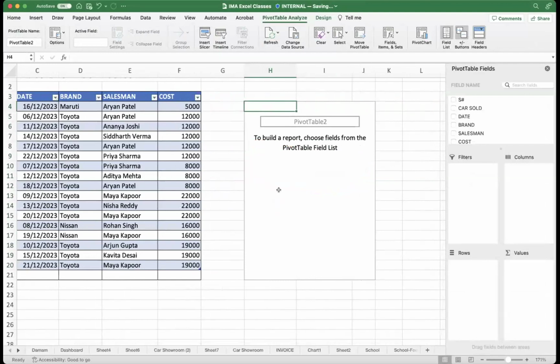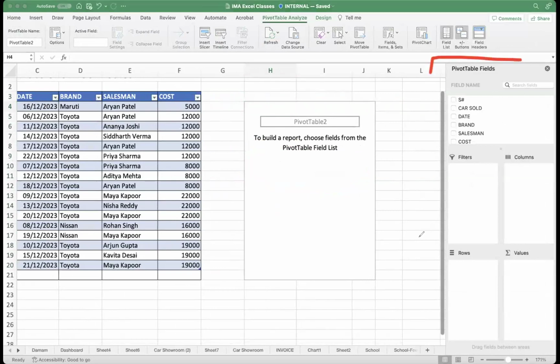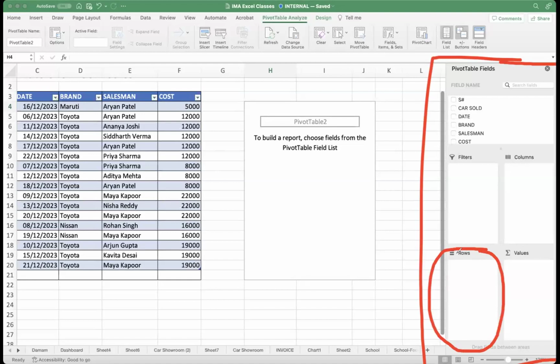अब मुझे क्या करना है, मुझे अगर देखना है कि हर सेल्समैन ने कौन से ब्रांड कितने सेल किए हैं, तो मुझे रो में सेल्समैन को लाना है। पिवोट टेबल ऐड करने के बाद आपको राइट साइड एक बॉक्स आएगा। यहाँ पे आपको बहुत गौर से देखना है कि इसके अंदर जो डेटा को लाके ड्रॉप करेंगे, वो रो बन जाएगा। और जो चीज़ कॉलम में डालेंगे, वो कॉलम बन जाएगा और टेबल में यहाँ पे आ जाएगा।